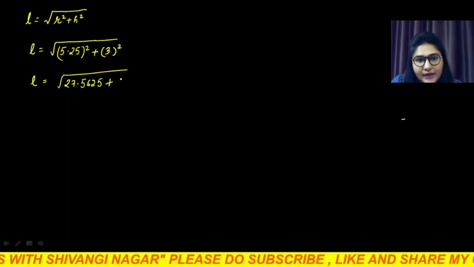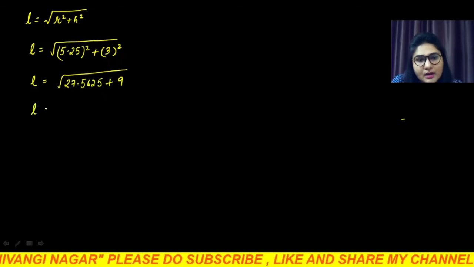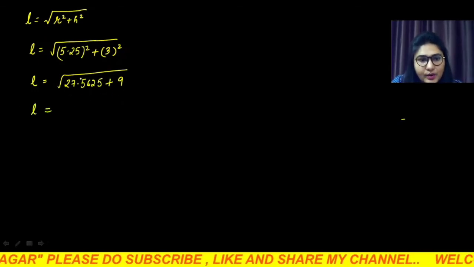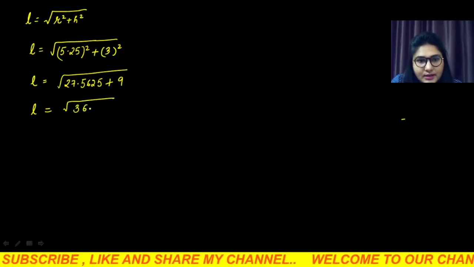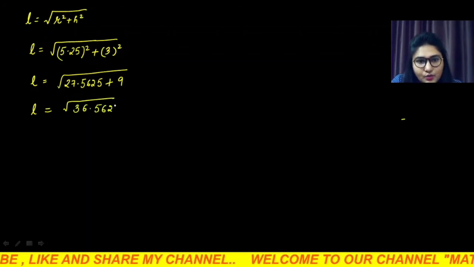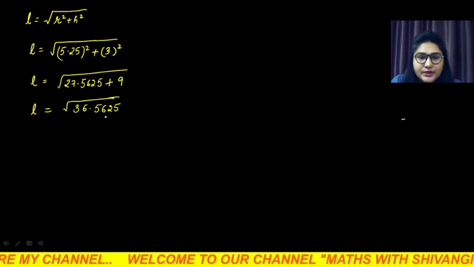27.5625, and 3 square is what? 9. So when you are adding these two quantities, what will you get? You will get 36.5625. Now see here, when you are taking the square root of this quantity by the long division method,